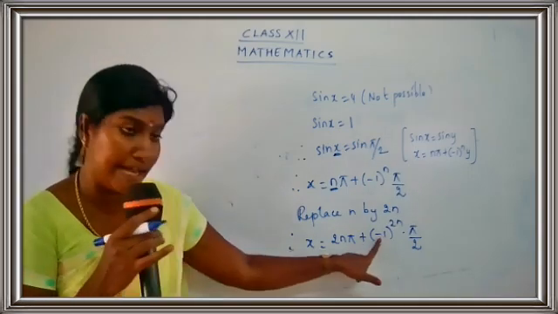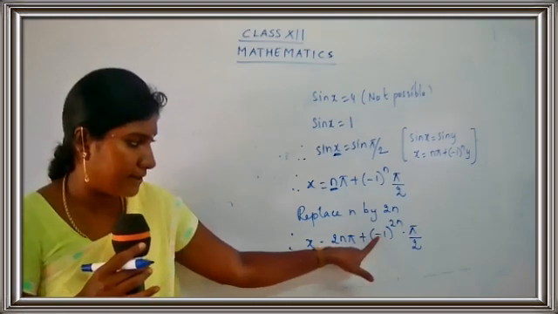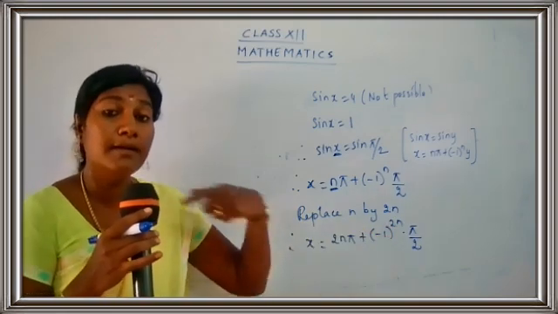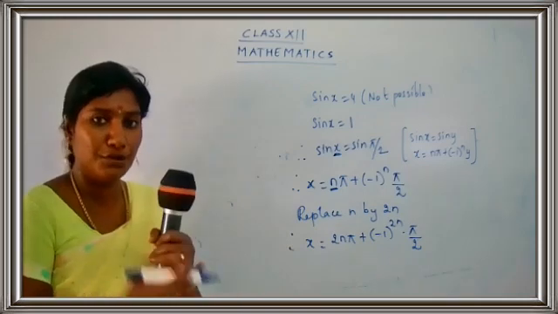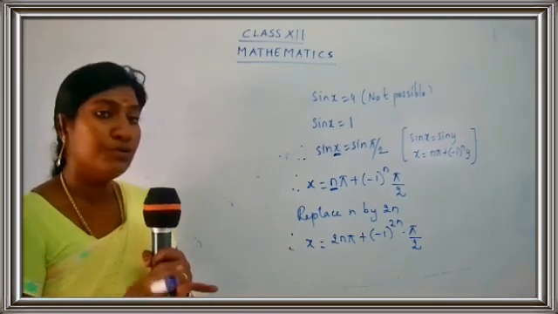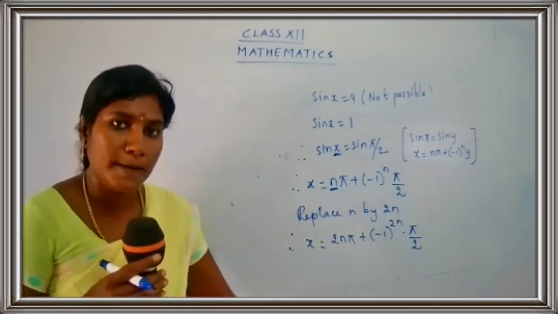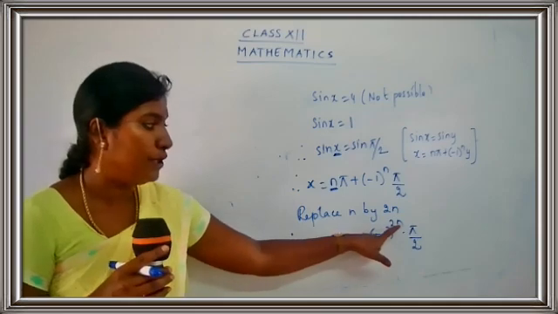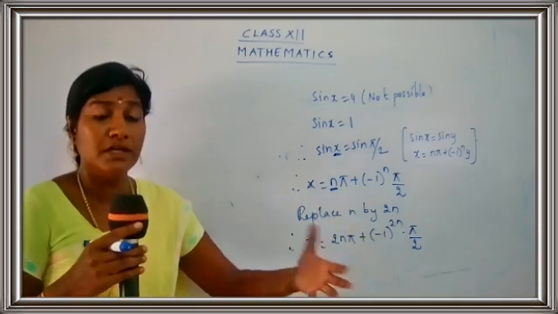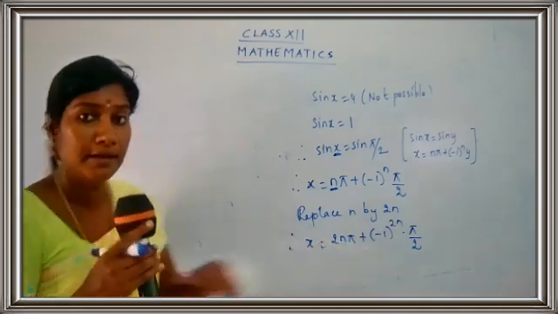But here we have a negative sign. But now let's talk about the negative sign. I have a negative sign here and here the powers are multiples of 2. That means you have 0. Anything raised to 0 is going to be 1. 2 into 1, 2. So minus 1 into minus 1, plus 1. If you have 2 into 2, 4, that means 4 times. That means it is an even multiple. If you have an even multiple, you are going to get a positive answer.